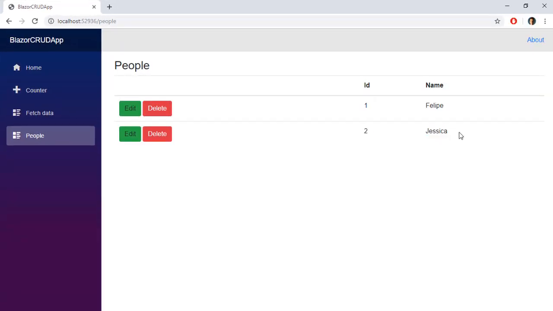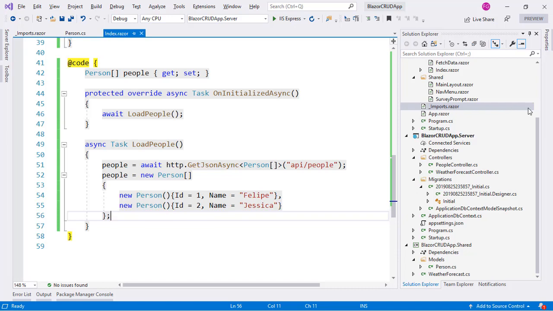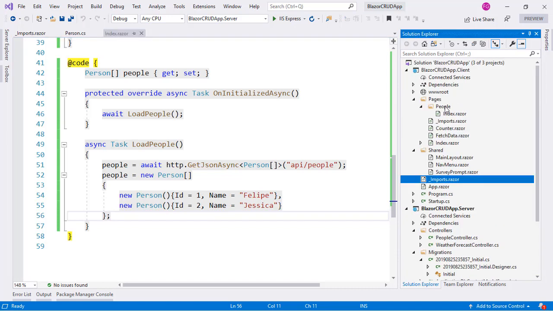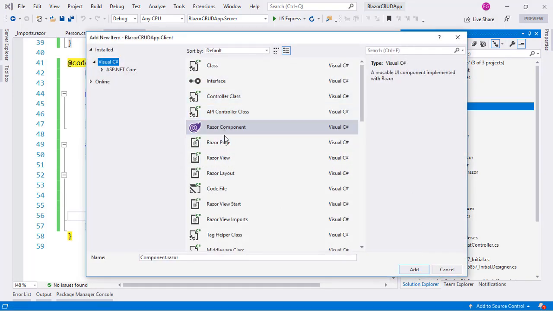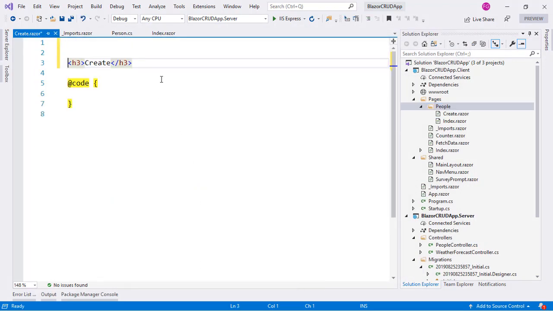Now, we need to create a new component that will help us to create new people in the database. For that, we can go back to Visual Studio, and let's create a new component. Let's go here to the People folder, and let's create a new component. Let's go to New Item, Razor Component, and I will name it Create. And of course, we have to use the page directive in order to indicate a route for this component. So we will say